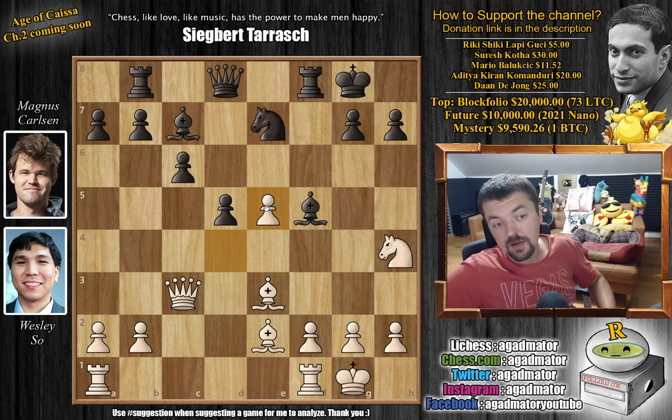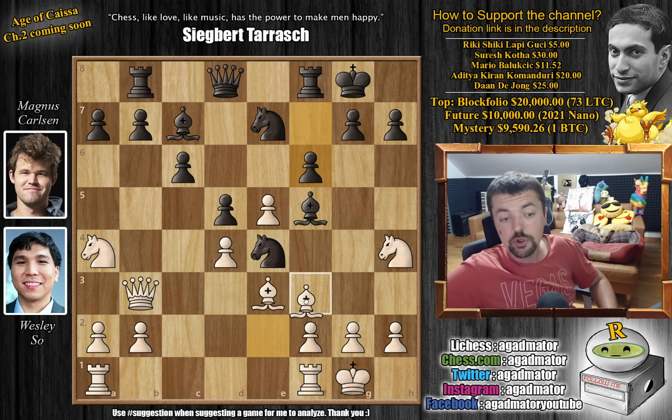D captures on e5, so we get this position. Maybe f4 can be played later on. But either way, all of this seems perfectly fine for both white and black. However, here after f6, Wesley played bishop to f3, and now comes,